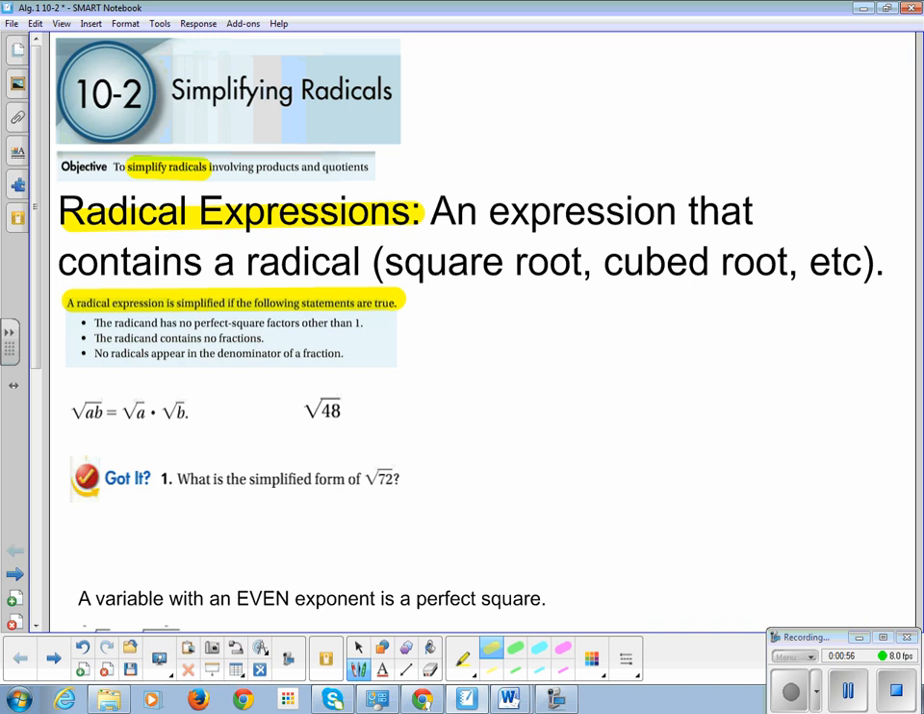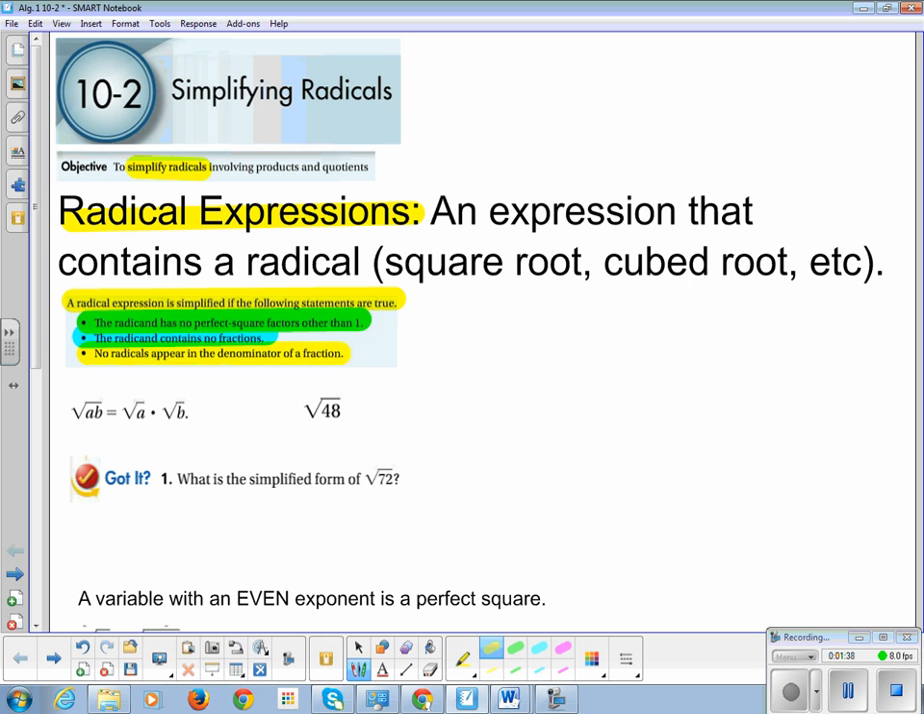A radical expression is simplified if the following statements are true. The radicand, which is what's inside, has no perfect square factors other than 1. So if you have a factor that's a perfect square, then you've got to take it out. You also want to look for the radicand containing no fractions, and no radicals appearing in the denominator